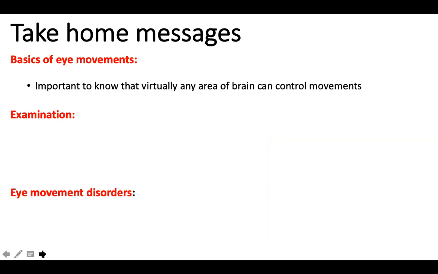So I have talked about the basics of eye movement. Just to summarize, eye movements have supranuclear control, nuclear control, and infranuclear control. The supranuclear control can be from the cerebral cortex, basal ganglia, and cerebellum. They help in saccades, smooth pursuit, and gaze holding phenomena. Impairment of gaze holding can lead to nystagmus. Impairment of saccades can lead to oculomotor apraxia.